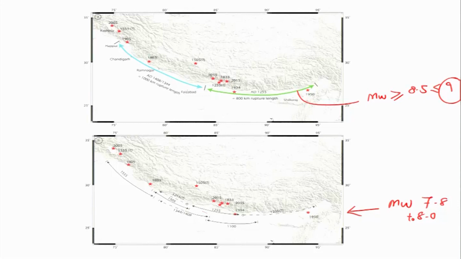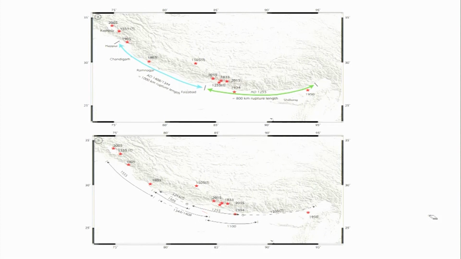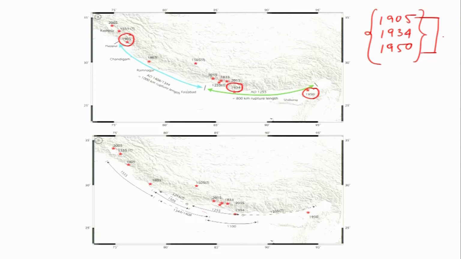Now, going back to this part, what I would like to emphasize is that if you look at the earthquakes triggered in the 20th century, one is this one, another is this one, and third is this one. So we have 1905, we have 1934, and we have 1950. These are the three earthquakes. The difference between two of these earthquakes is hardly 50 years. Now after 100 years, suppose we date these events,